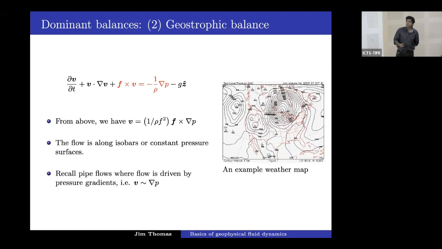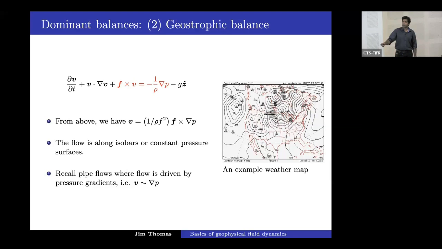The other dominant balance you see in the atmosphere and the ocean is called geostrophic balance. This is a dynamic balance because it involves the velocity field. Here I marked the balance. It's the Coriolis force term balancing the pressure gradient. F cross V is the Coriolis term, and this is the pressure gradient, but now in the horizontal direction. If you balance these in the horizontal direction, you can take this expression, and if I take a cross product of this with F, after some manipulation,